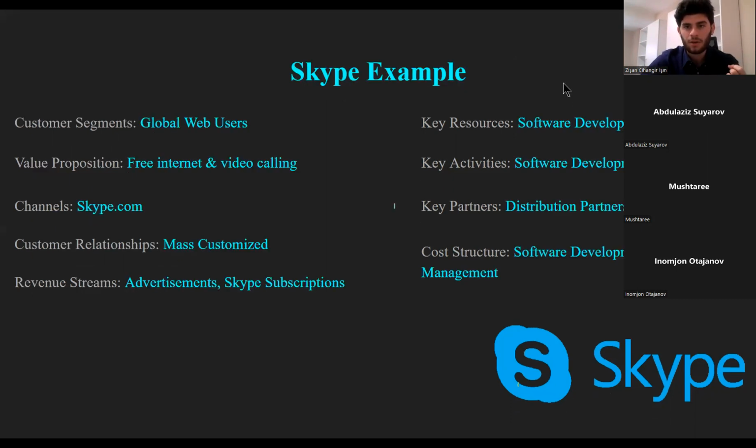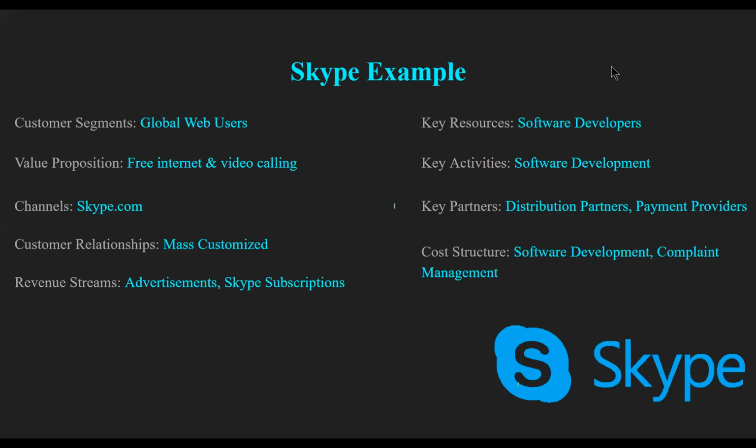Just go like this so everybody could see, and we could talk on it a little bit more. The key partners, for example, in Skype, it could be the distribution partners and the payment providers. Because for Skype to continue earning money and serving customers, Skype is going to need partners and, I don't know, payment providers. If you are paying Skype on a regular basis, this could possibly make you a key partner for Skype, because Skype needs you and people like you to basically continue its operation.